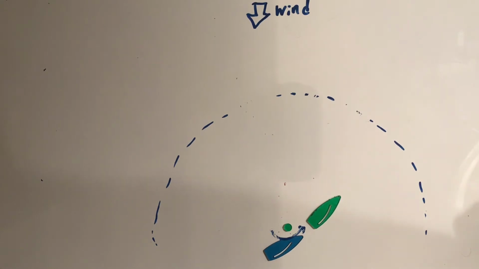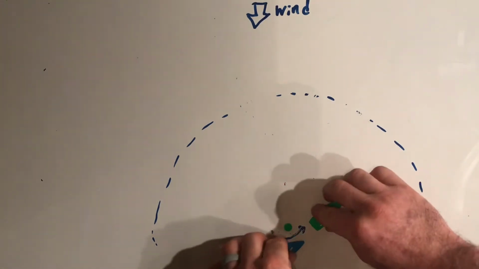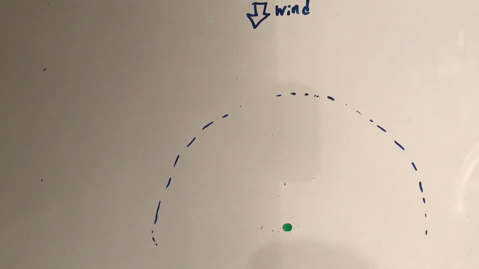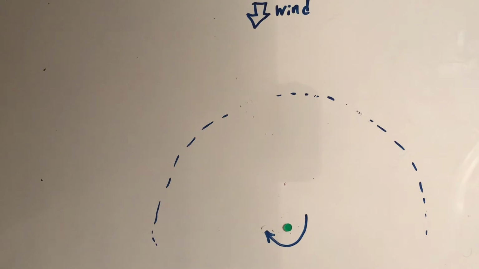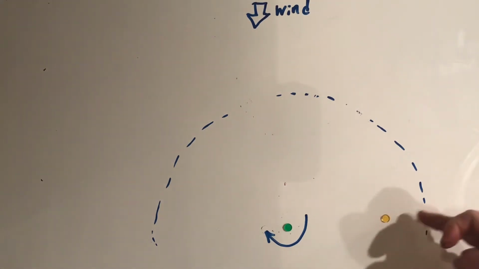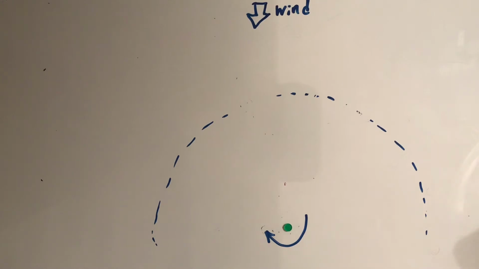Another word that comes up in the definition of room is seamanlike. Not a well-defined term, but basically it's not excessive. So maybe let's find a more obvious version of this. So if this is a gate mark, and then you've got the yellow mark as your other gate mark, and it's somewhere off the screen over here. Maybe I'll just draw in the 3-boat length circle for that gate mark off the screen. So what you would often have here is